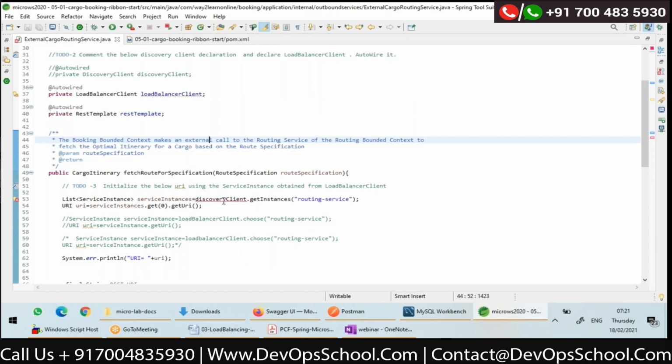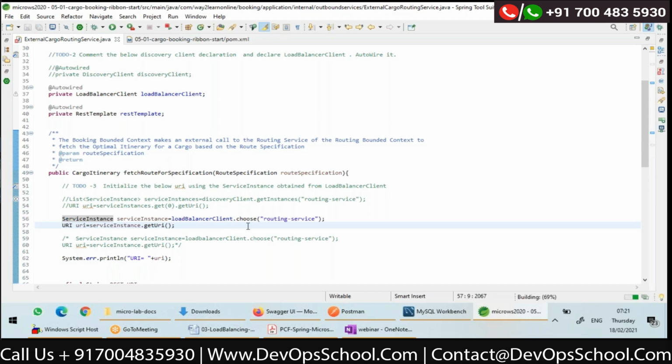Now I'll comment these lines where I was using discovery client. Then here I am using loadBalancerClient.choose. This choose method internally uses some algorithm to look up Eureka, and of course the load balancer client internally uses the discovery client API only.